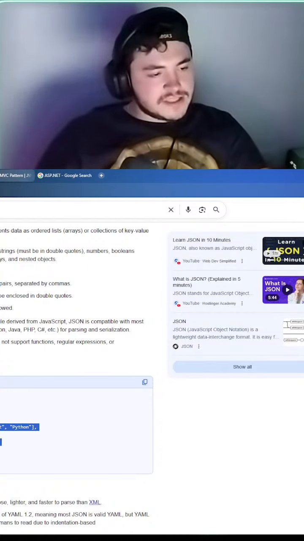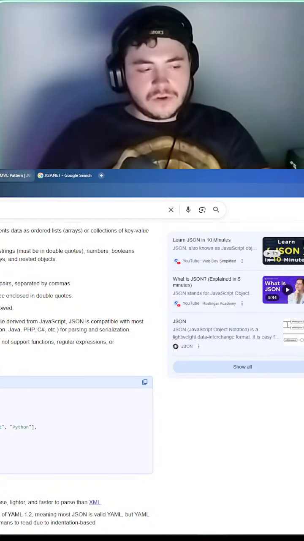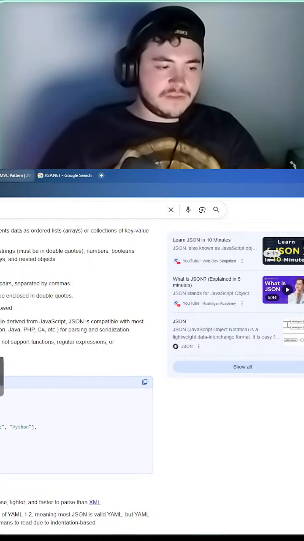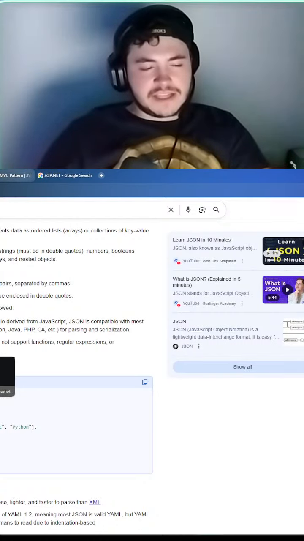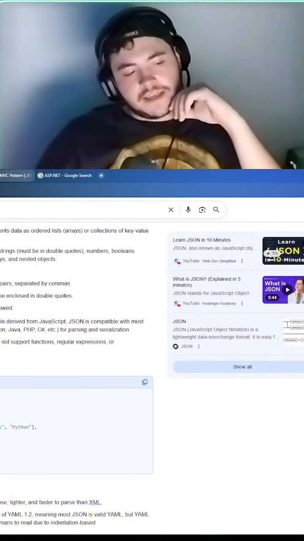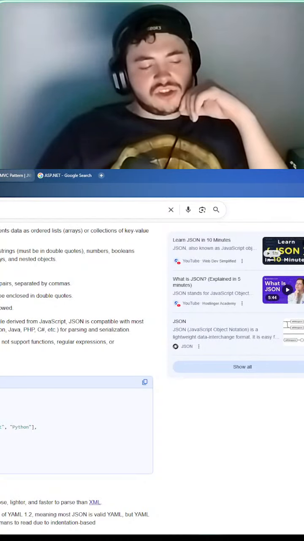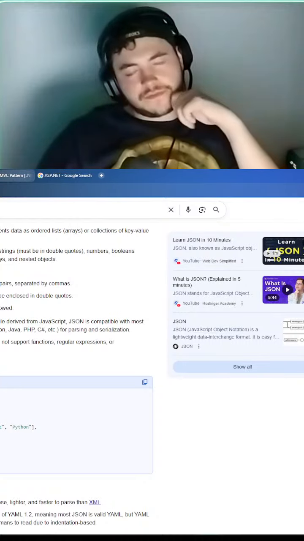So this is what a JSON looks like, right? You have the name of your, I think this is called an attribute or whatever, your row. The name of this particular object is John Doe. His age is 30. Is student false? So basically this is a Boolean. You get different data types in programming.